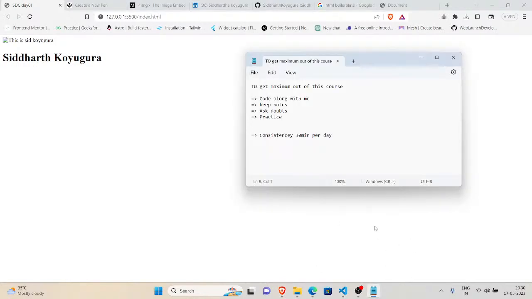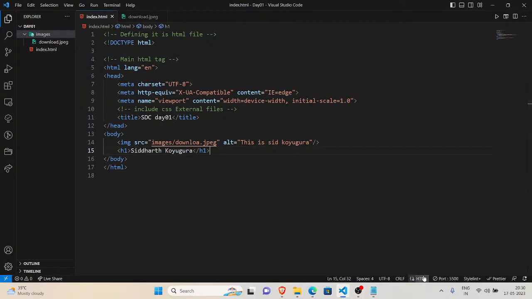And that's it, guys, from my side. Let me give a task for you. Some of the tasks are: you have to install Live Server, and with this you are able to compile the HTML code using the Go Live button, just as it appears. You are able to execute from this,